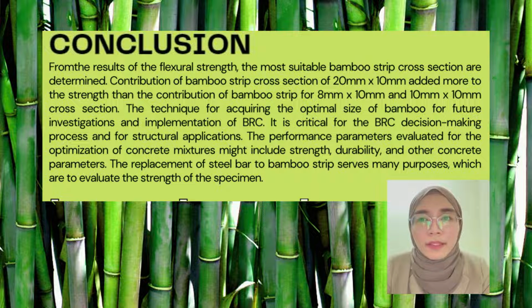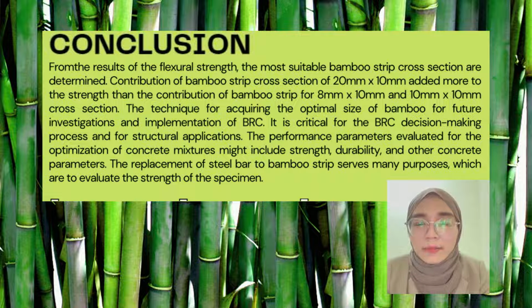The performance parameters evaluated for optimizing the concrete mixture might include strength, durability and other concrete parameters. The replacement of steel bar with bamboo strip serves many purposes, which are to evaluate the strength of the specimen. The ideal bamboo strip cross-sections indicated in the research are 8 mm, 10 mm and 20 mm. Based on the overall outcome and performance of PC, SRC and BRC, it can be concluded that BRC20 has the